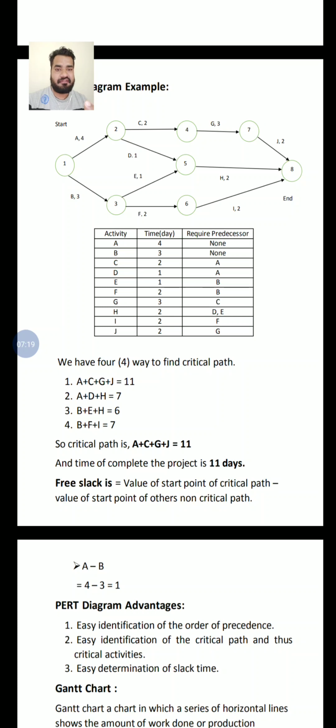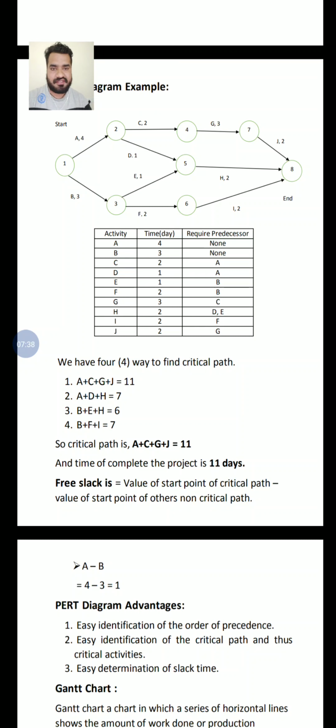According to the requirement of the project, we can reduce the human efforts, or we can increase the human efforts. Clear? So this is all about the PERT chart, and I hope all of you get it.